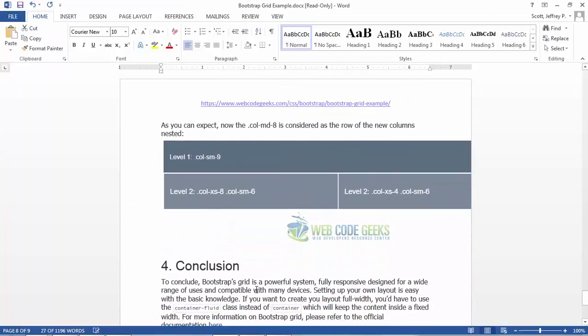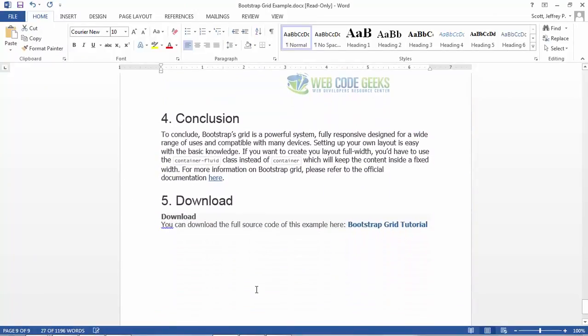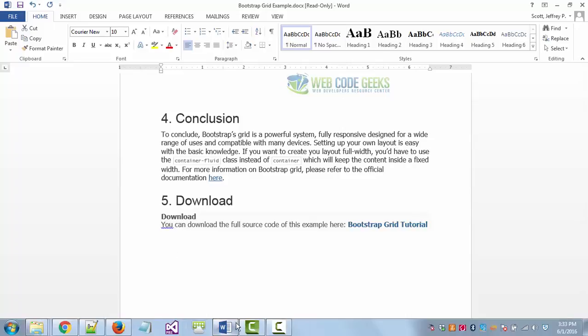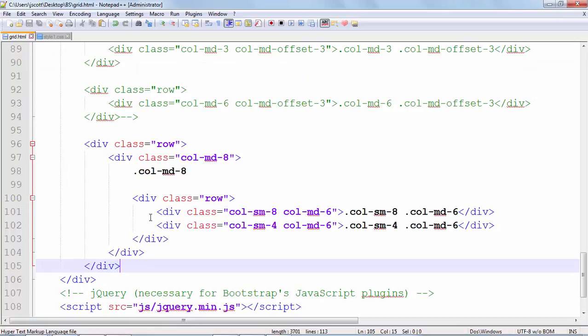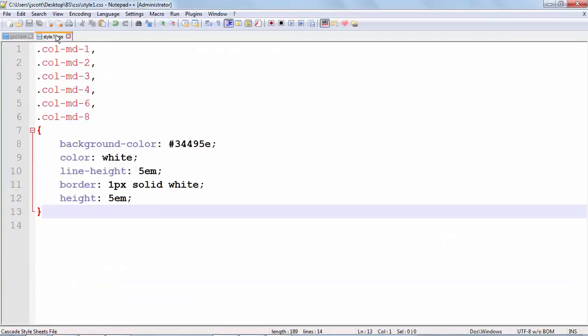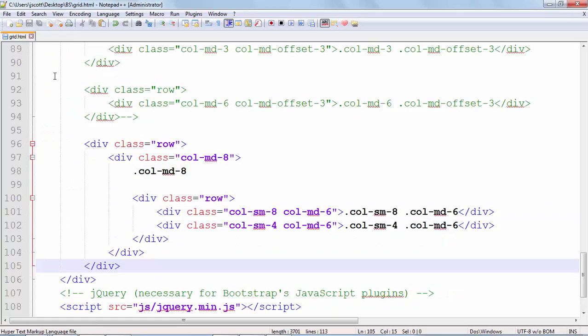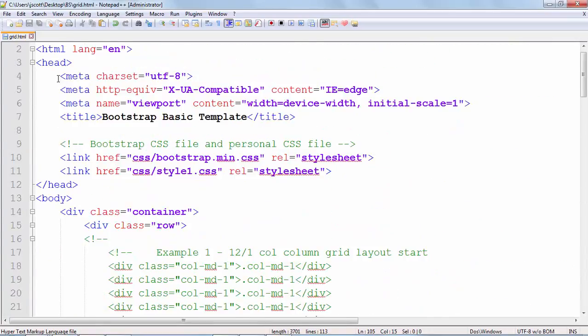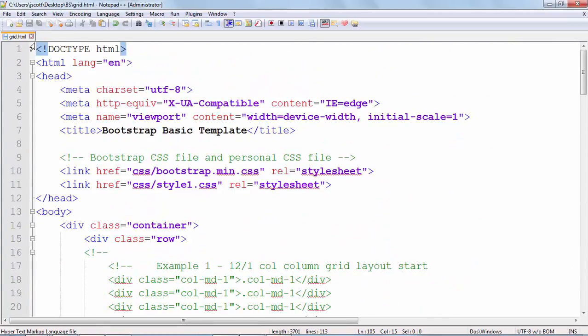And there it is. So, as it says there, to conclude, Bootstrap's grid is a powerful system. It is fully responsive. You've now seen that. Okay? So, you've got both the addition that I just created and this other one. Okay? So, I'm going to again take this and I'm going to, my style 1 should be finished. I should be able to close that. This thing that's called grid, I want to just grab all of this right here,